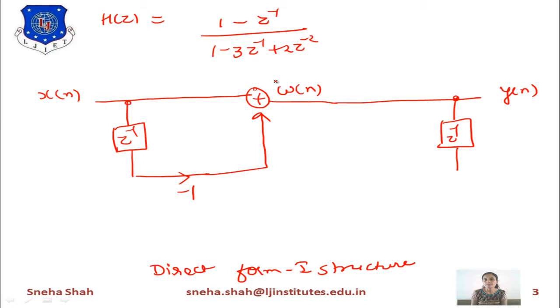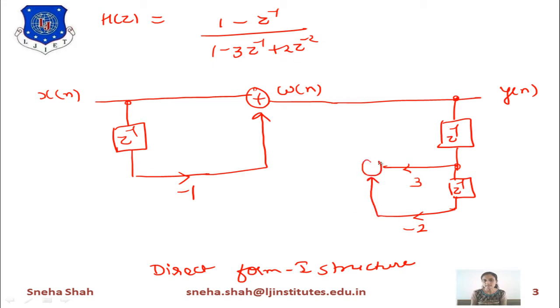In this we will start from the delayed output, so from this we will multiply by the negative of this constant part. So instead of this minus 3 we will multiply with 3, and instead of this plus 2 we will multiply this with minus 2. So over here it is z to the minus 2, so to represent it we will draw the z inverse, it will give z raised to minus 2, it will multiply with minus 2, and it will give you plus 2 z raised to minus 2.